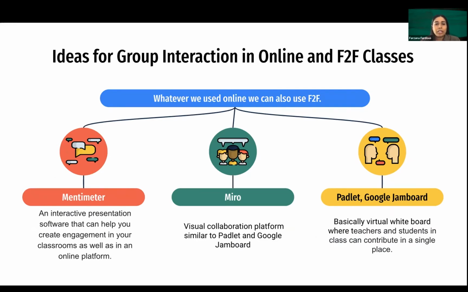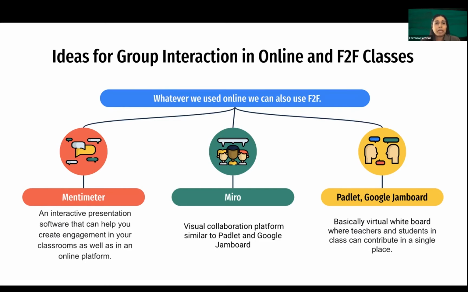What I have on this screen is a couple of the tools that we used while doing remote learning. But because of the availability of technology with pretty much everyone, we can use these things now that we are back in person in class also. Whatever we use online, there is potential to use in our face-to-face classes as well.